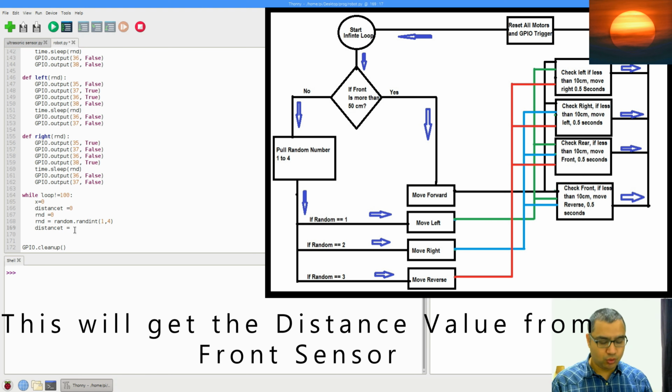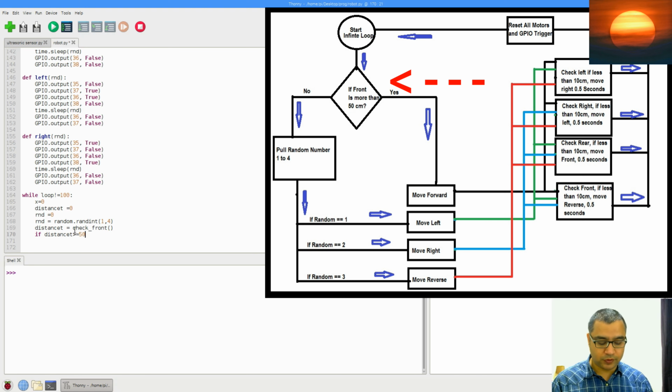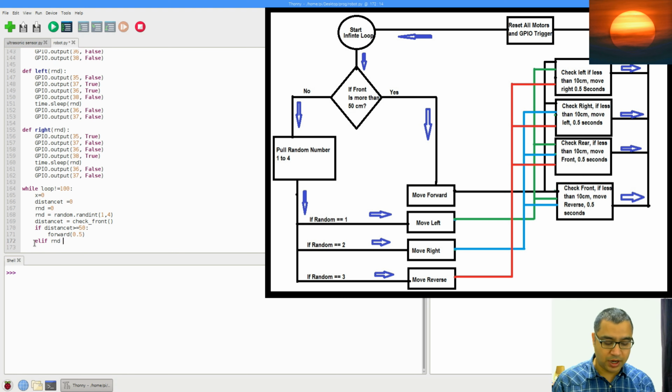If distance t, what you have to do is check our front. So it is going to call the check front function. So if distance t is greater than or equal to 50, then go ahead and run the function forward for 0.5 seconds. Our random number is equal to 1. If my random number is equal to 1, then say left for 1 second or 0.5 seconds,